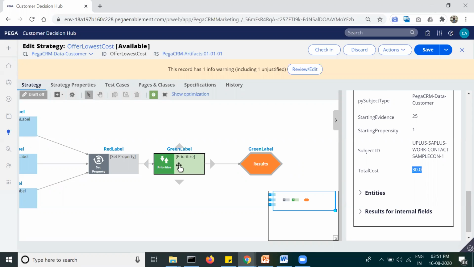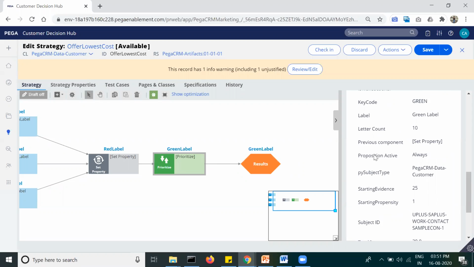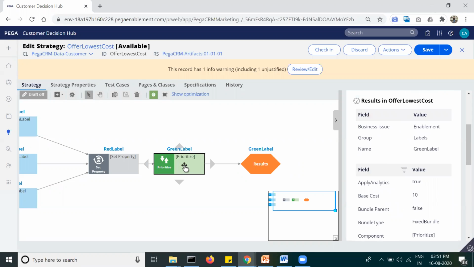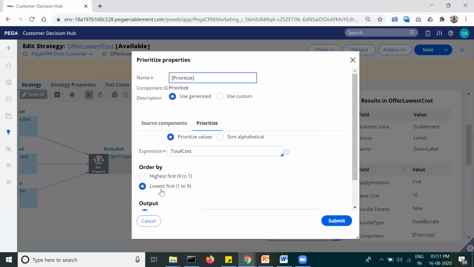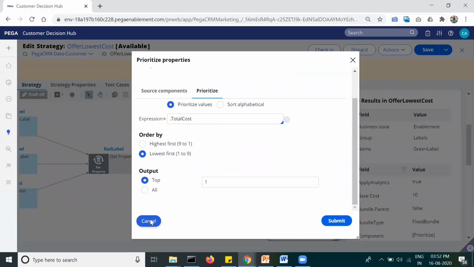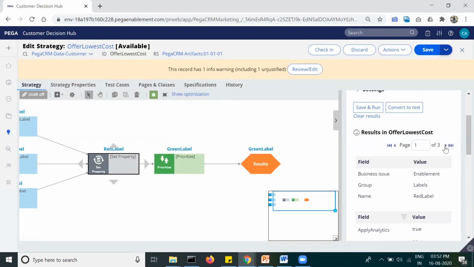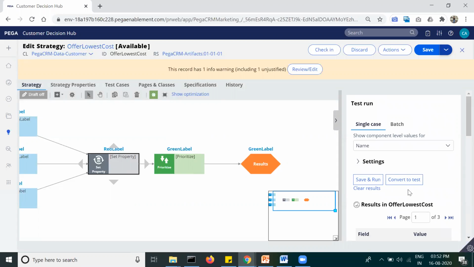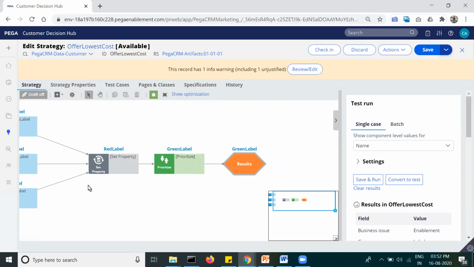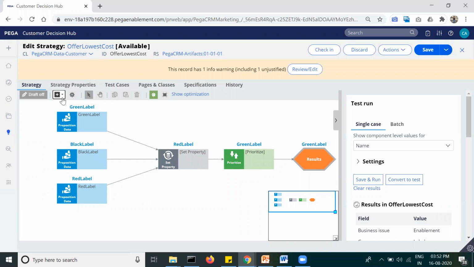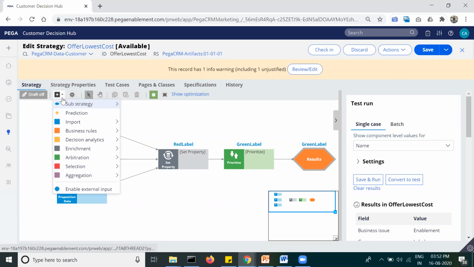But the prioritize shape has also produced one, because we have put a limit that, yeah, produce just one result. However, the set property would have operated on all of those three propositions, right? So this is how we actually configure a strategy in Pega. There are complex strategies. We can use strategies in the strategy as well, which we call sub-strategy. Let me just quickly walk you through some